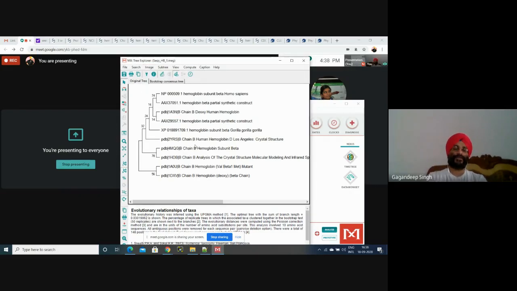Just try to select 20 or 25 sequences and generate such kinds of trees, so that whenever you start work in research, if any person gives you a single sequence without any information, you can easily find the function of that sequence by using BLAST.